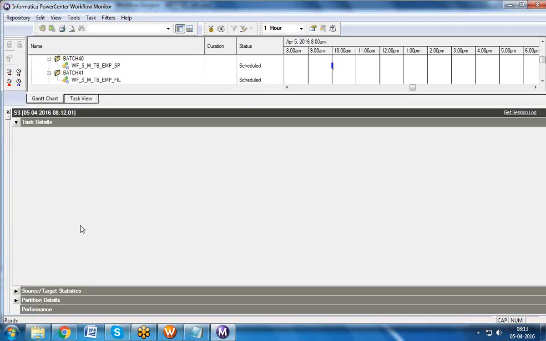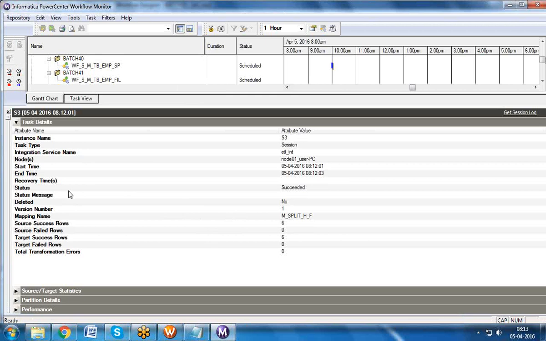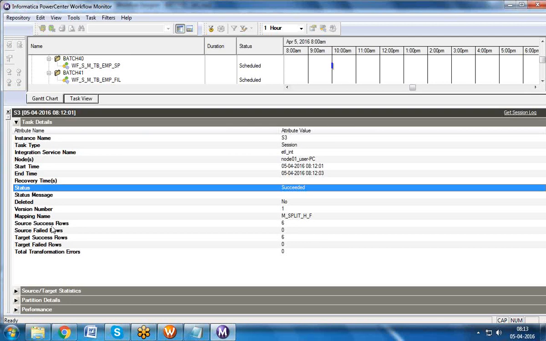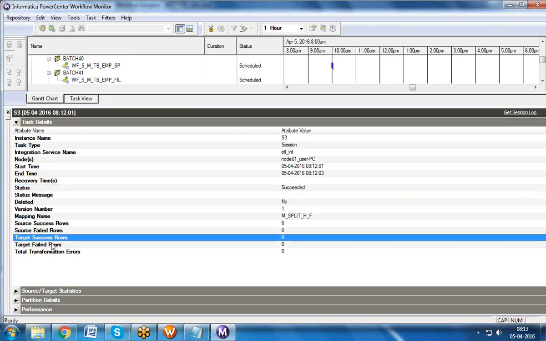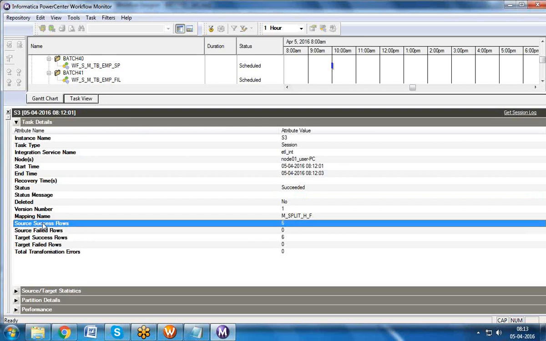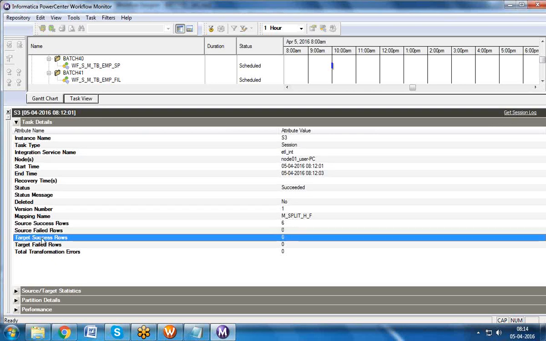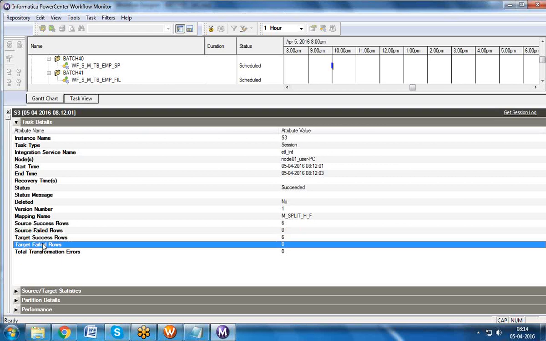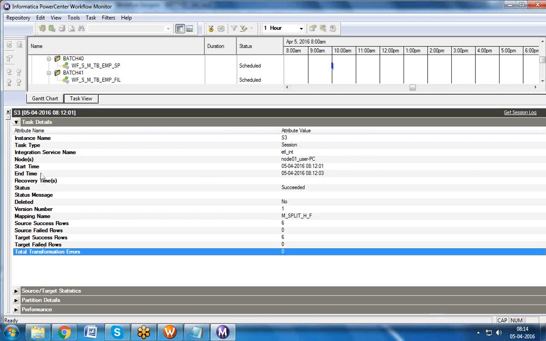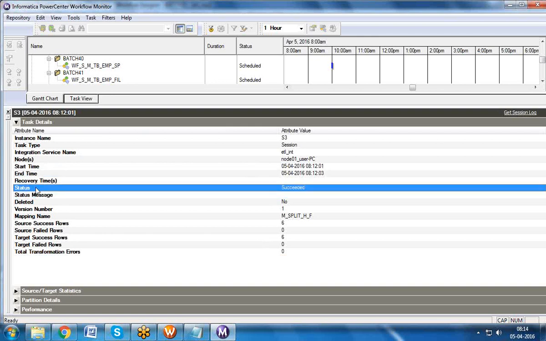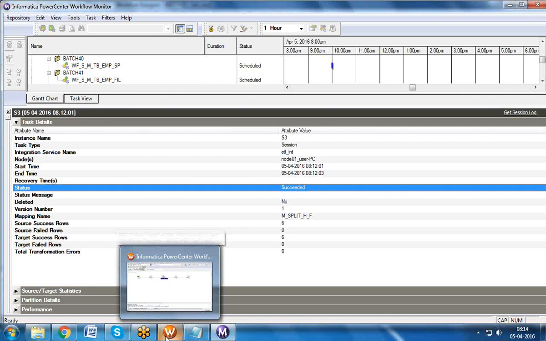Everything you can see in the workflow manager. What else you can see here? Status, start time, end time, source success rows, source fail rows, target success rows. What do you understand by source success rows? These many records are read from source. What do you mean by source fail rows? While extracting the data from source, these are the records which got failed. What do you mean by target success rows? These are the records which got loaded into the target table. Target fail rows are the number of records which got rejected, and these are the number of errors. And start time is when the session got started and when it got completed, and whether the session status is success or failure. The same thing, whatever I showed you, you can see here.